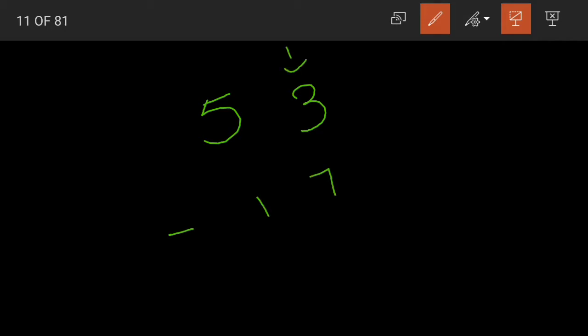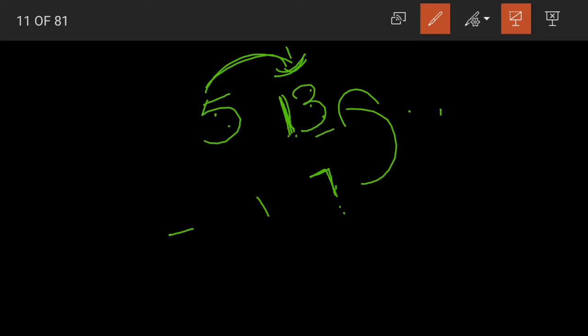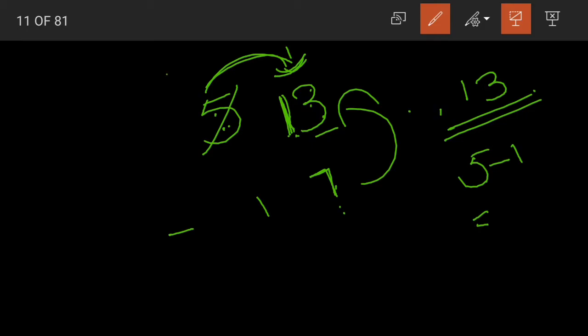Now how do we subtract from the ones place? 3 minus 7. It is not possible to remove 7 from 3. Then what do we do? We borrow. From 5 we take 1. Yes, from 5, which is in the tens place, we take 1. So 3 becomes what? 3 becomes 13. Now what will 5 become? We took 1 from it, right? So 5 minus 1 is equal to 4. 5 becomes 4 and 3 becomes 13.